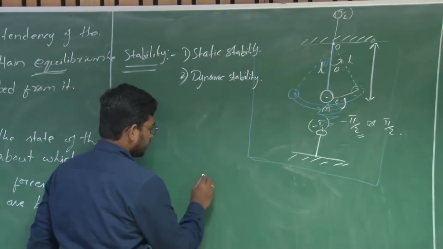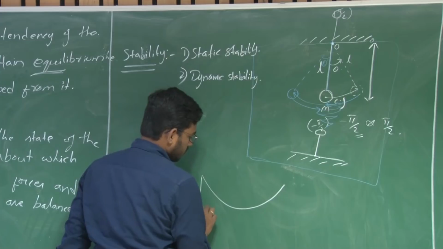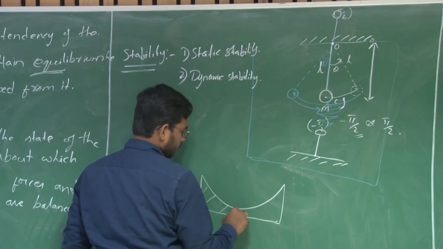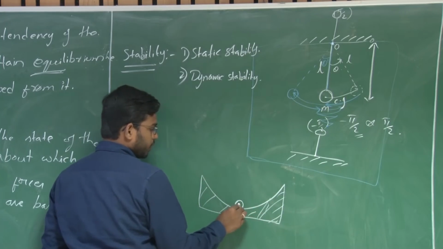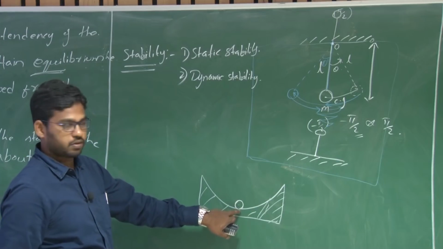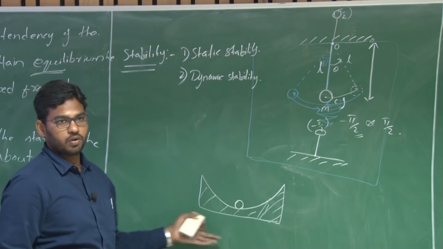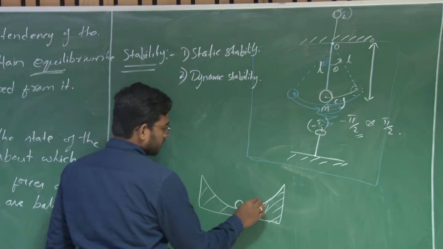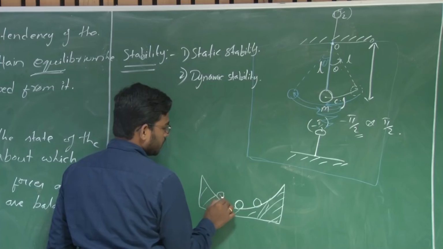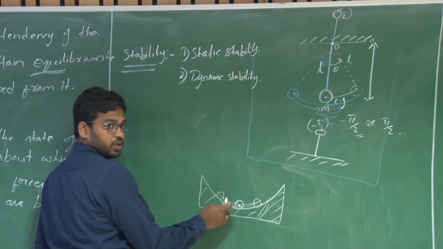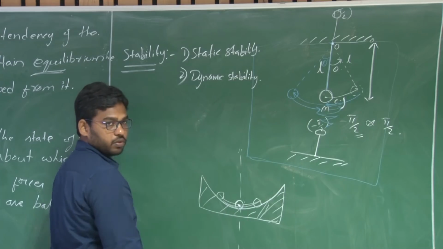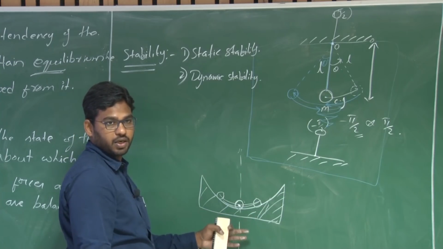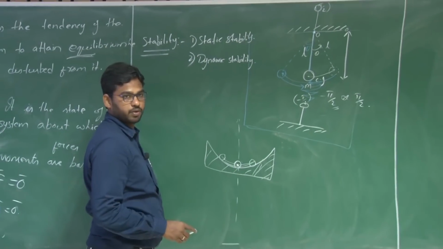Another example that you may consider is a bowl. You might have studied these examples already. You take a ball placed at the bottom of a concave bowl. Now you displace it to a particular location, either this side or this side, and it will start moving towards the initial equilibrium. In this case the resultant forces and moments are 0. Once you displace and leave it, it will start oscillating about this particular equilibrium and finally attain it, so we can say it is a stable equilibrium.